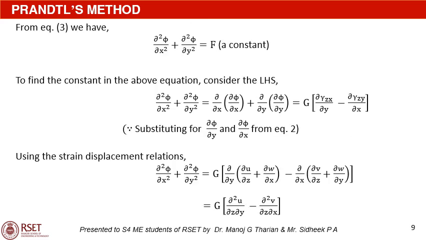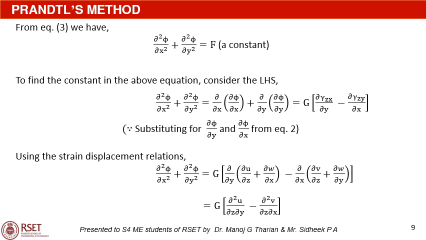Now, we will find out the expression for the constant F on the right hand side of equation 3. Equation 3 is ∂²φ/∂x² + ∂²φ/∂y² = F. Consider the left hand side of the above equation. ∂²φ/∂x² + ∂²φ/∂y² can be written as ∂/∂x(∂φ/∂x) + ∂/∂y(∂φ/∂y). Substituting for ∂φ/∂x and ∂φ/∂y from equation 2,